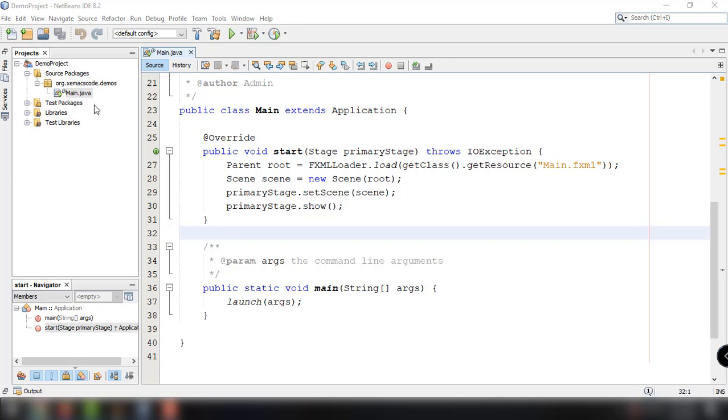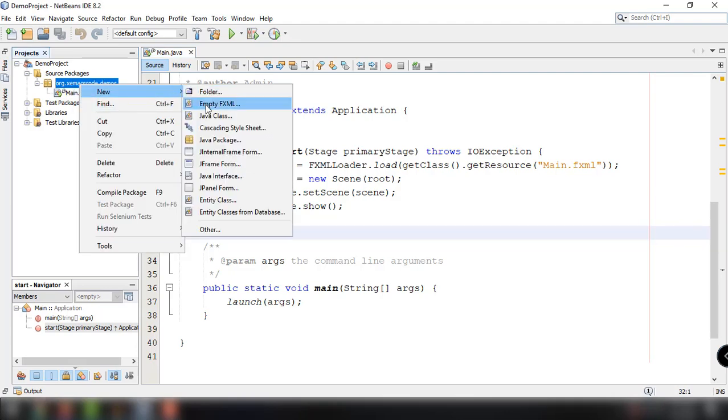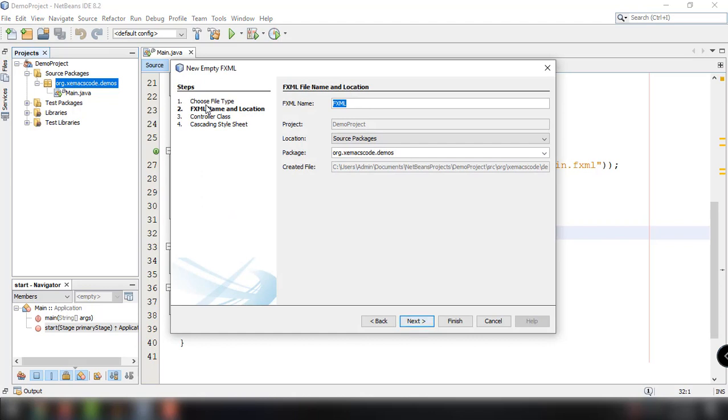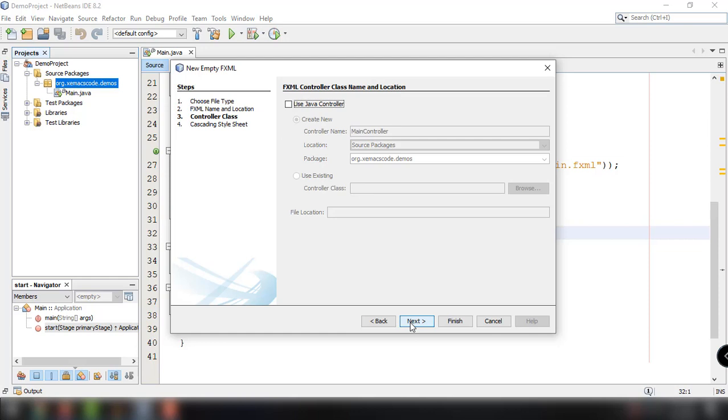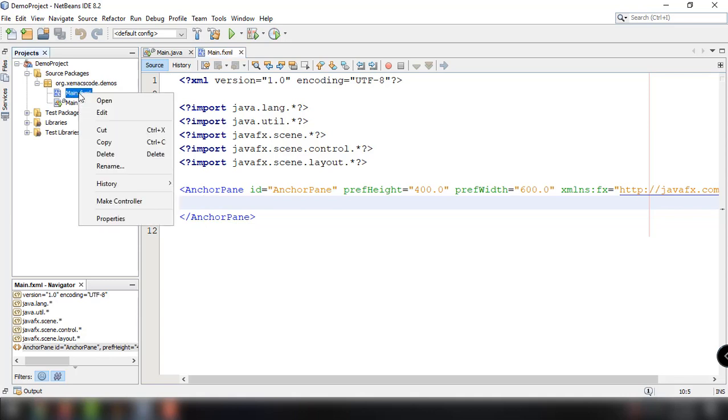So we're going to add an fxml file here, by just right clicking this package and then empty fxml, and I'm just gonna name my fxml as main and click on next, and then finish. And from here we can add the combo box. Okay, actually we can do it through the fxml. We can add the element here, but the easier way of course is by using the scene builder application. So let's right click on this and then open,